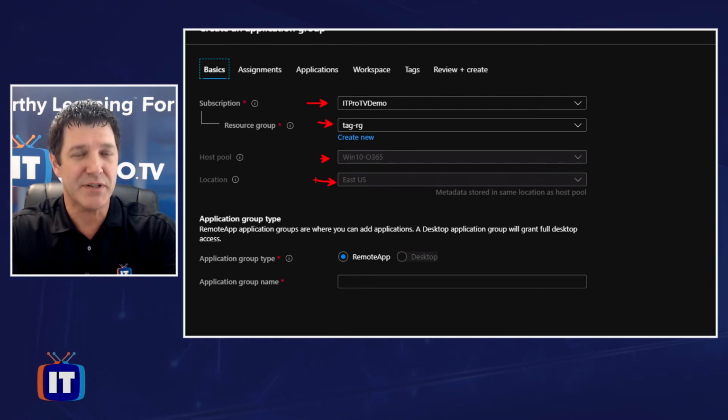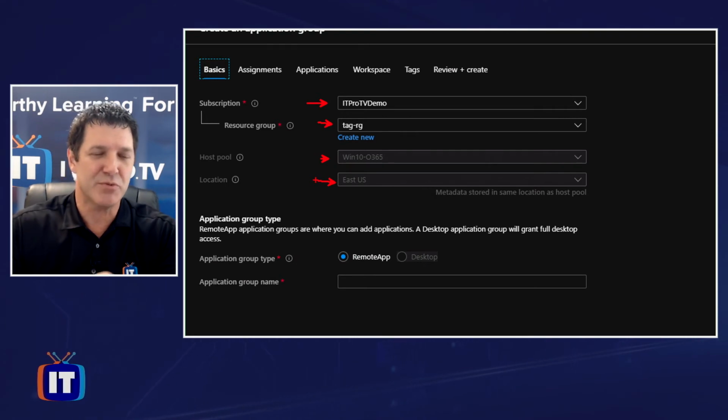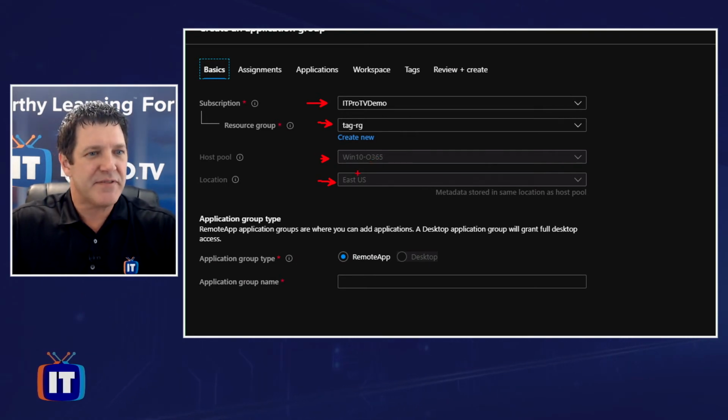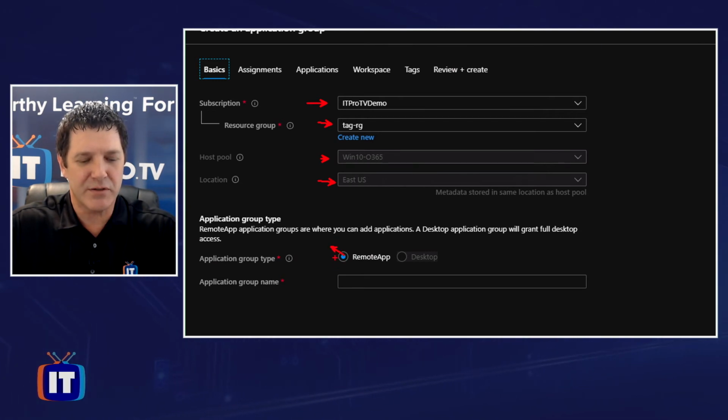The host pool are the VMs themselves. If the application isn't installed on those VMs, if Office isn't there, I can't very well publish Office, right? So the applications that we publish are based on the VMs that are inside that host pool. So specify the host pool and the location if necessary. Determine whether it's a desktop or a remote app group,